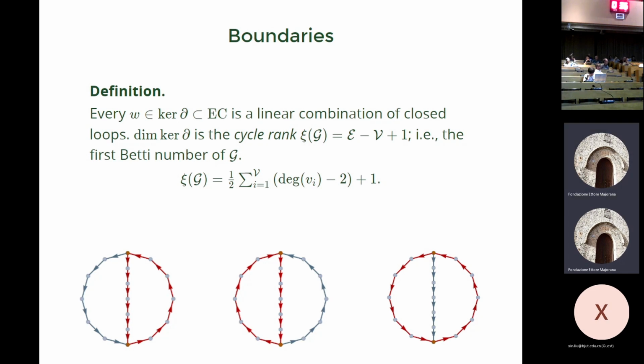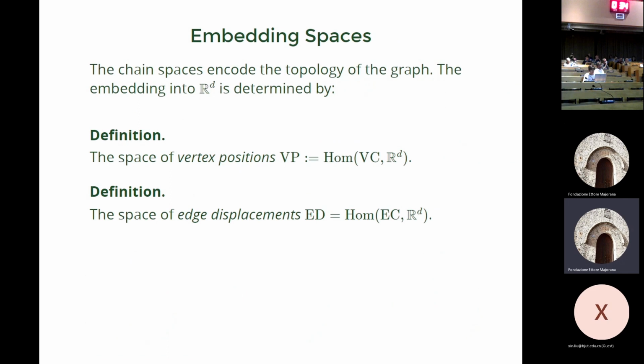And if you've never done this before, you say, wait, cycle rank is 2, but I see 3 loops here. What the heck? And of course, the answer is that if I take this loop minus this loop, this sequence of edges was oriented this way, and when I subtract, it gets oriented the other way. Those things cancel, and I'm left with this thing here. So there's really only two basic cycles in this graph. All right. So that's just the graph as an abstract combinatorial, topological object.